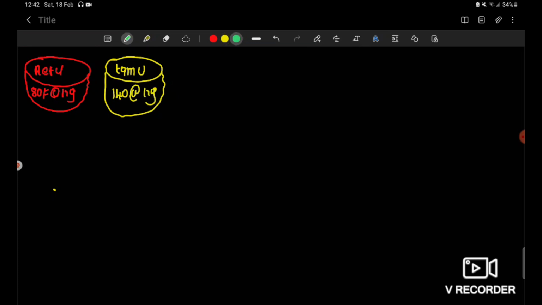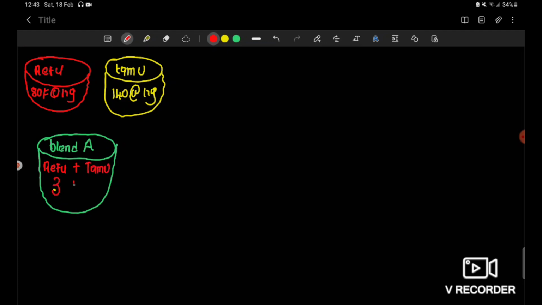But if you want a mixture of both, he gives you an option to buy a mixture called blend A, which is a mixture of refu and tamu in the ratio 3:2. So here we have a certain retailer who came and bought 10 kgs